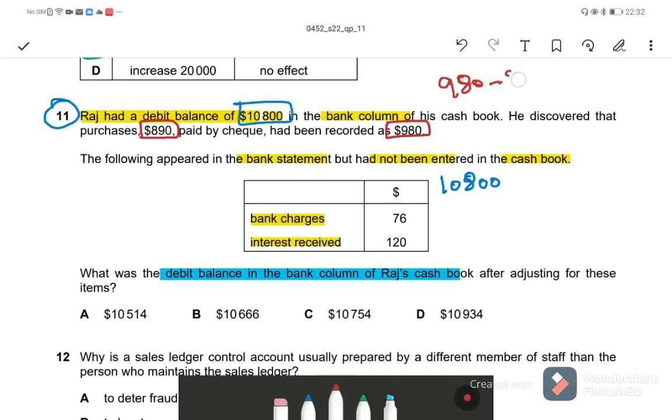980 minus 890 is equal to 90 extra they deducted here. So we have to add it back. We added back this 90